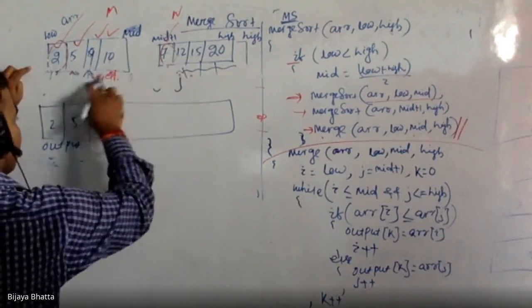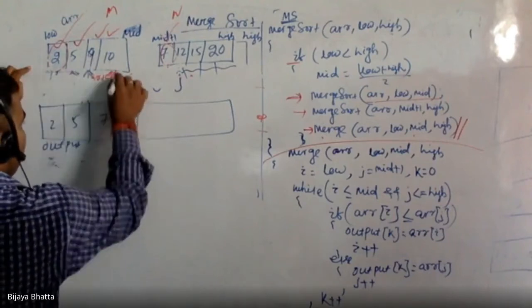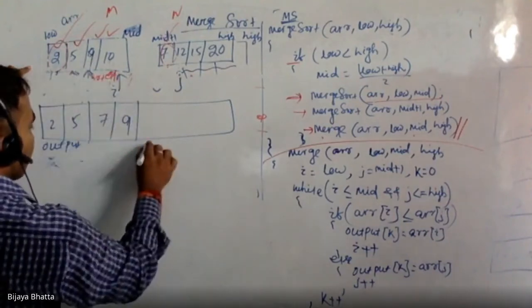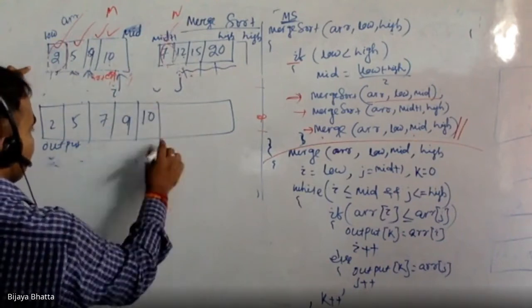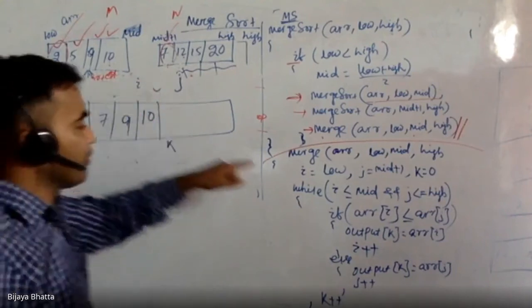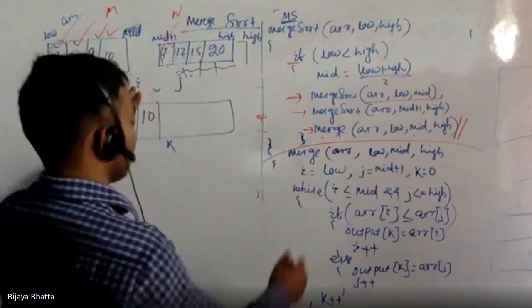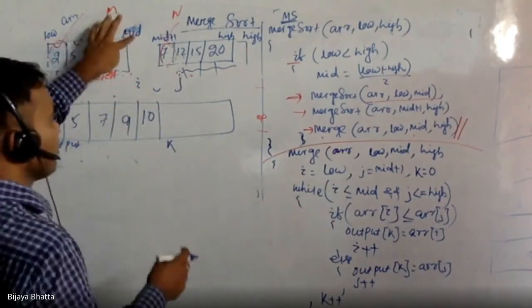Then now i and j, so i is less, so that's why 9 will come into the picture and i is going to be here, right? So now k is going to be here, 10 and 12 are going to be compared, again 10 is smaller, so 10, again k is going to be incremented, i is going to be incremented. Now if you look carefully, i is not less than, because all elements are complete, and i is now not less than mid.